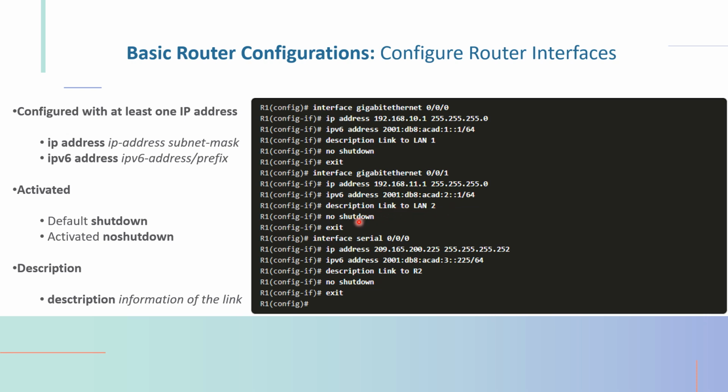We have to activate that with the no shutdown command, and then we have to exit to go to the interface serial 0/0/0, which is the interface that connects router 1 with router 2. Same here, we have to configure the IPv4 and IPv6 address. We have to add a description which is linked to router 2. We have to activate this interface, and then